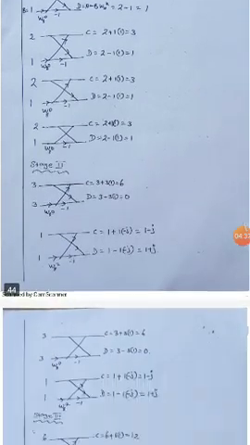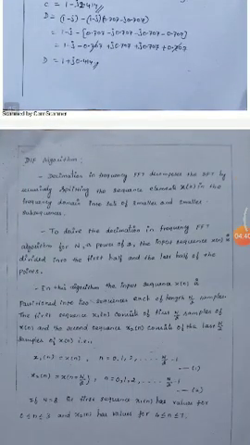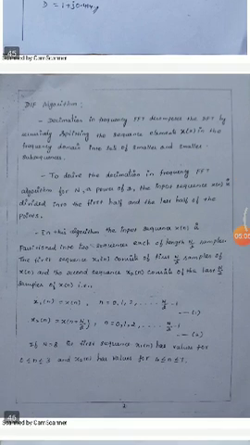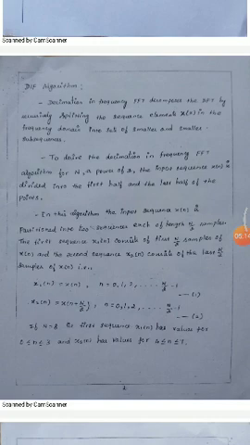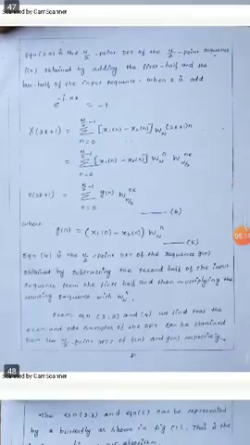The next one is DIF. DIF has the opposite functionality of DIT. Decimation in frequency FFT decomposes the DFT by recursively splitting the sequence of elements x of k in the frequency domain into smaller subsequences. To derive the decimation in frequency FFT algorithm for n a power of 2, the input sequence is divided into the first half and the last half of the points. The input x of n is partitioned into two sequences, each of length n divided by 2 samples. Likewise we have to find the DIF problems.